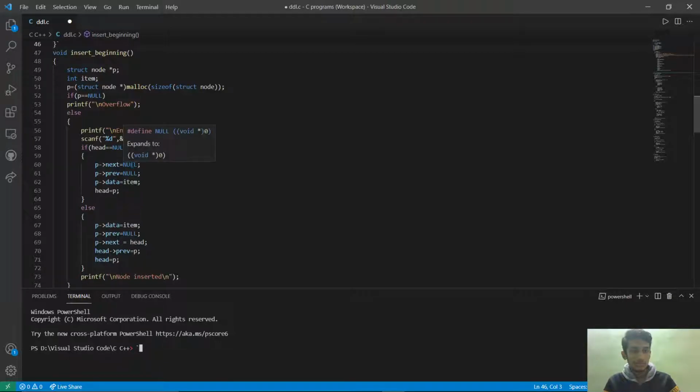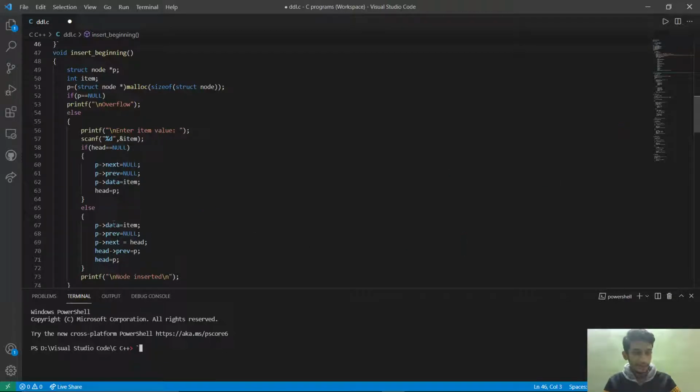So p next will be null, and previous also will be null, and we will get this data from here and insert it, and we will consider this as head. If it is not equal to null, then it will go to the else part, meaning the list already exists and this is not the first element.